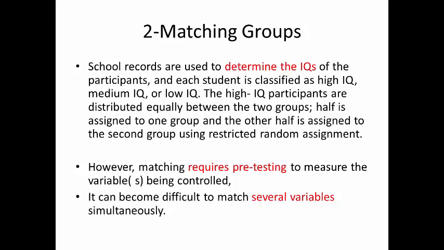This method is good when you have only one variable or at most two variables to match, because otherwise it's going to be hard to match the groups. And also it requires pre-testing. So if you have multiple variables, then you have to match them, and before you match them you have to measure like their IQ, their performance,